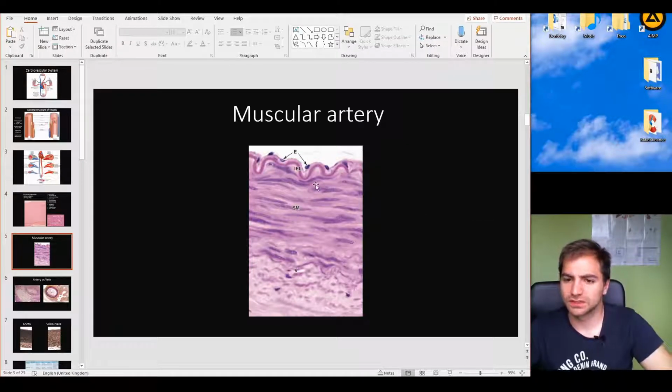So this is a typical picture of the muscular artery. The size is way smaller than the elastic artery, in fact. And again, we can simply see this nice simple squamous epithelium, the endothelial cells, and this is the internal elastic lamella. This is the border between the endothelial layer and the tunica intima and the tunica media. And this is the tunica adventitia, where we can find the loose connective tissue, and the vasa vasorum right here,